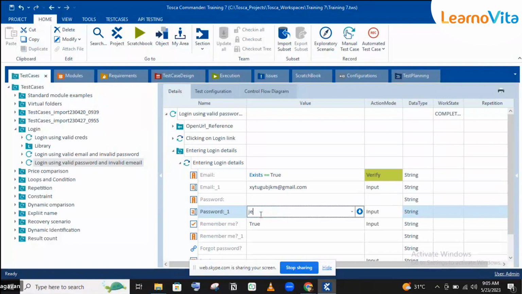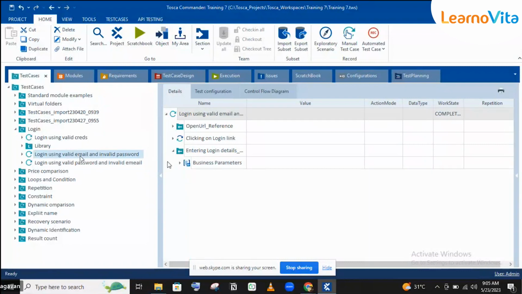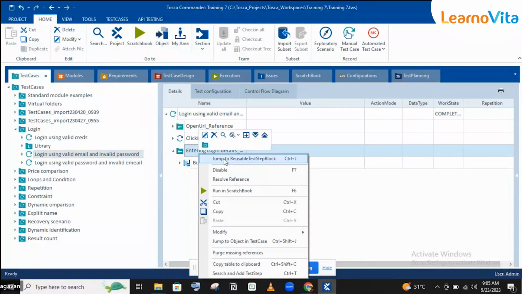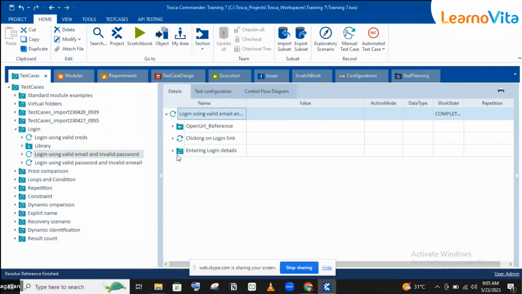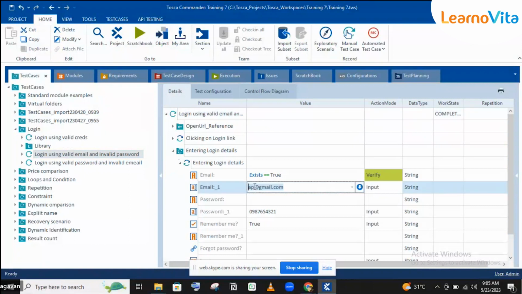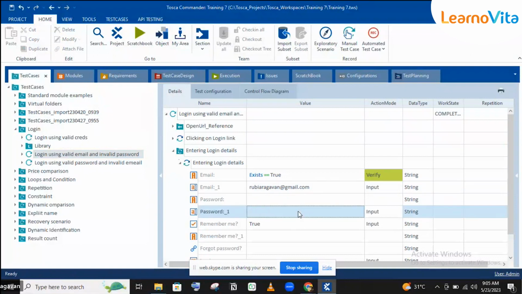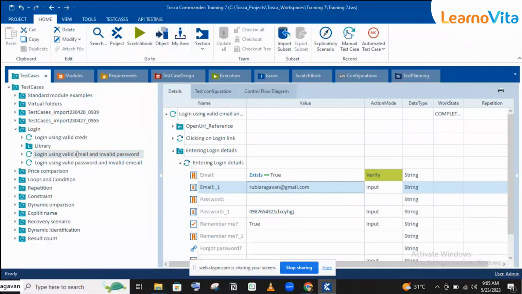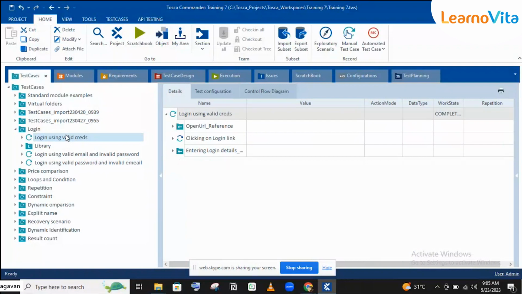Invalid plus. So we have three scenarios created, and so the coverage specified will be